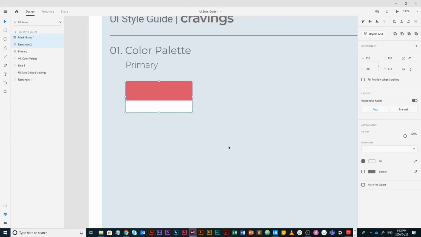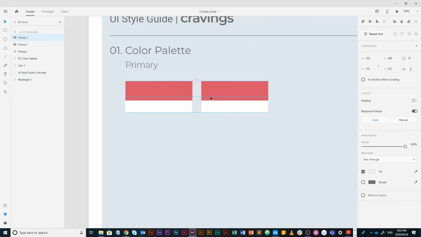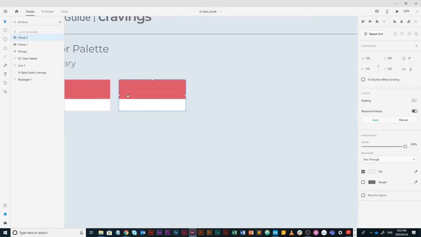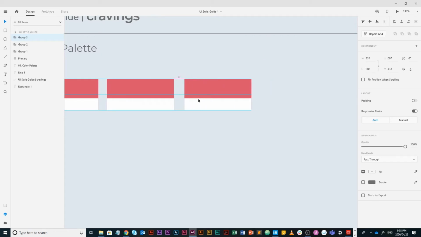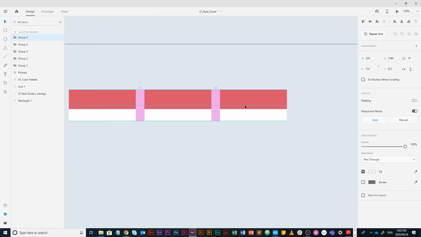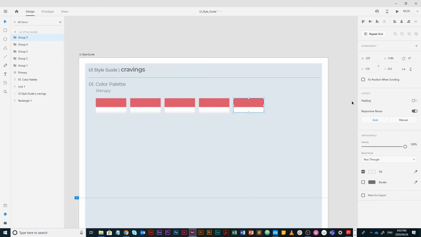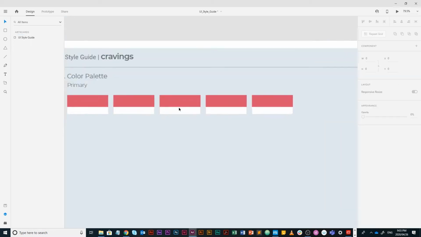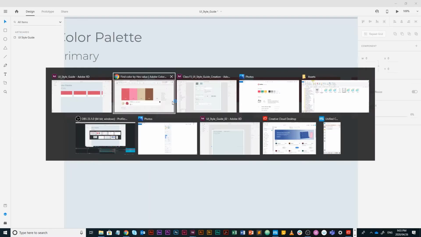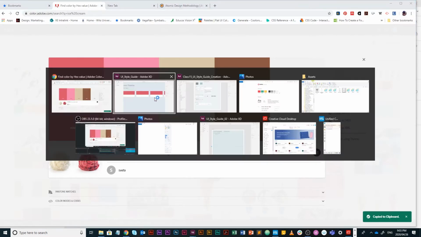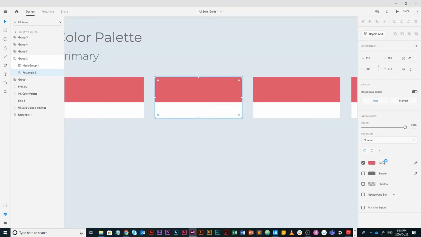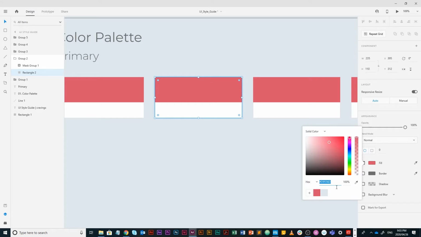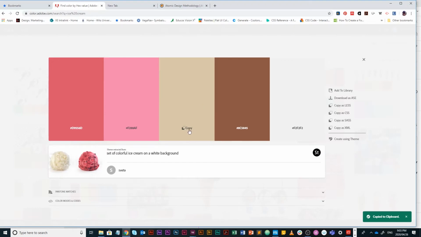I'm going to group that. 30 is fine. I love this feature in XD. It's really, really helpful. Okay, so now I can go back into my, I'm going to copy my second color back into Adobe color, paste it, there it is, plus it, go back, copy